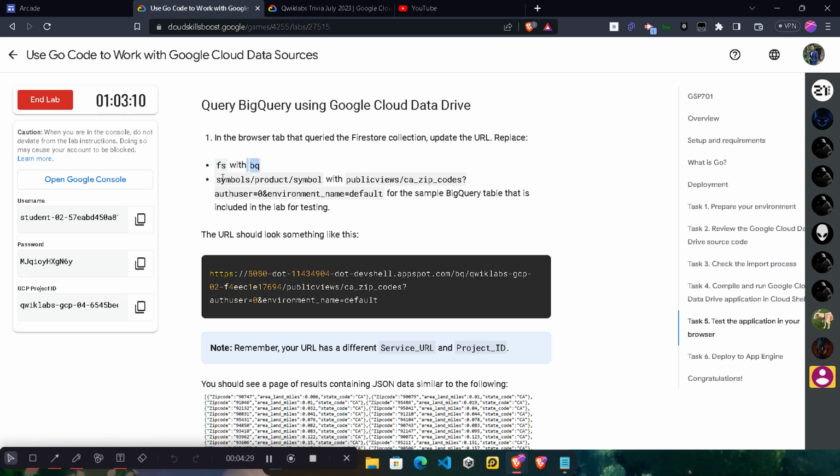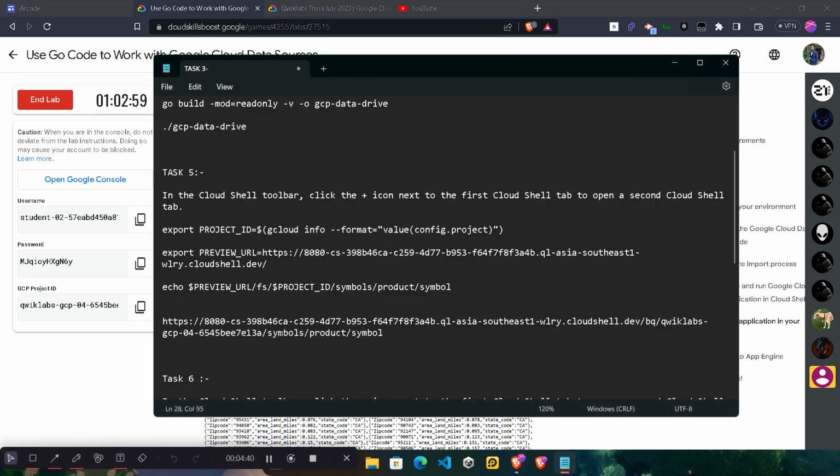Now what we need to do is replace the symbols, product and symbol with public views to this default. Copy it very carefully from the public views to the default. Make sure there is no extra spacing. Now select this symbols, product and symbol, remove the whole thing, and paste the code that we just copied here. Okay, now simply copy this whole command,